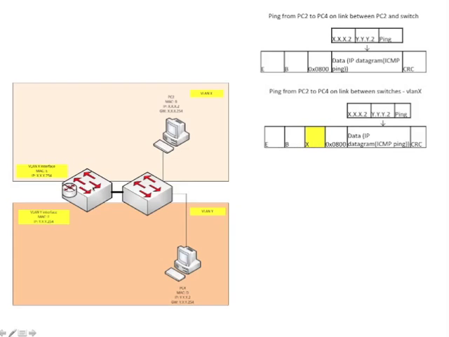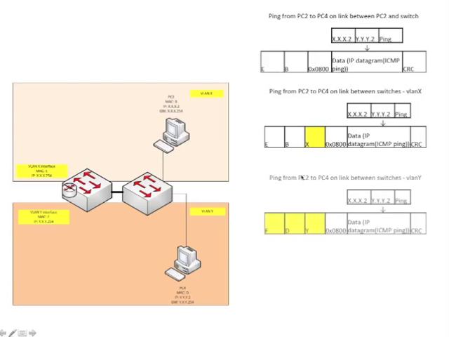When it gets to the layer 3 switch, the layer 3 switch is going to process it. It's going to remove the Ethernet information and look at the destination IP address, which we'll talk more about routing in a few weeks. It's going to check its routing table and see, oh, y.y.y.2, that's directly connected to me. I need to send that out in VLAN Y. So it's going to re-encapsulate that, and when it sends it across this trunk link, it's going to stick a VLAN tag on there for VLAN Y, because we're now operating in VLAN Y. And if we look at our destination MAC address, it's now